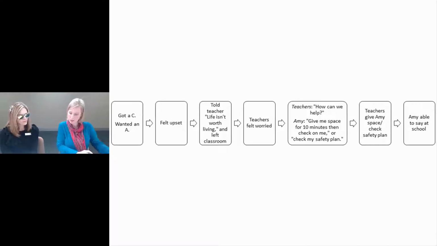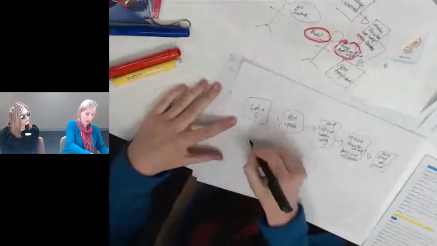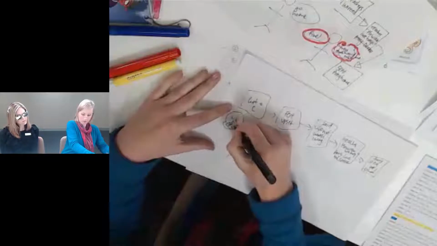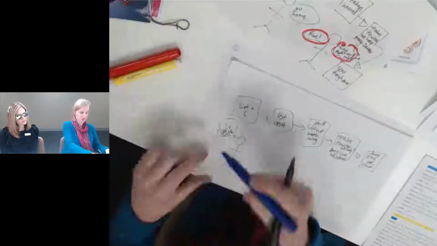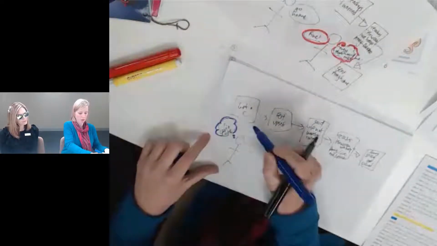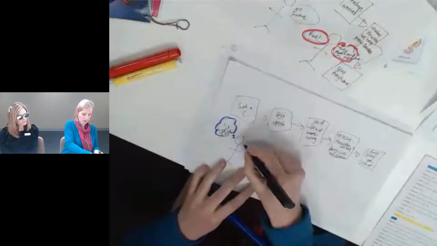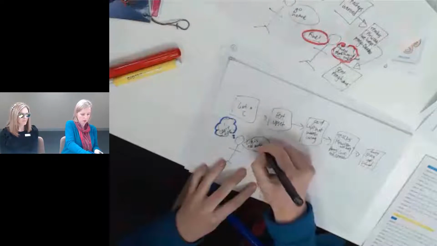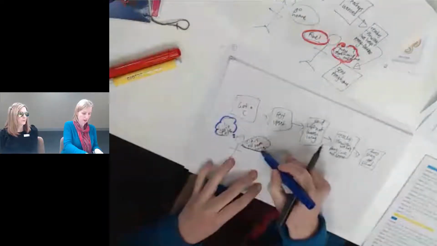So let's see how we could represent this using our thinking and talking bubbles. When you got your test result, you thought, I can't cope, and my life is ruined. You said you felt upset, sort of sad upset. So we've got our little blue feelings there. And how did you respond to that? What did you say? Life isn't worth living. We've already talked about that. And you said you felt sad upset. Is that right? Yep.